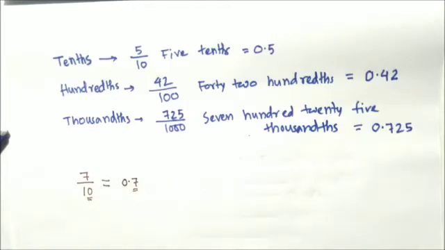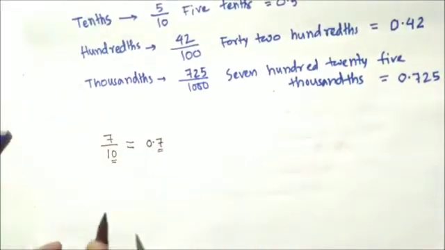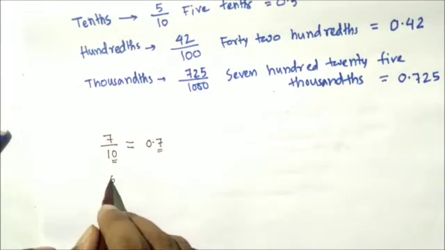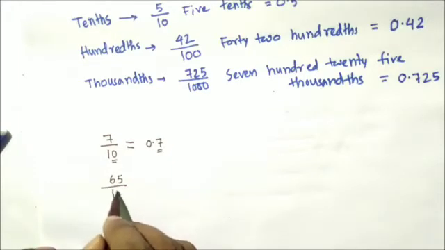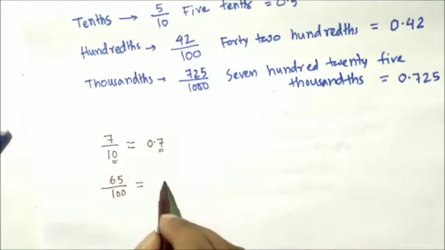Okay, it will be very clear by using some more examples. Say you have 65 by 100. 65 by 100. You see, how many zeros are here? You will say, sir, there are 2 zeros, right? So we will put the point, and after the point we will place only 2 digits, and that will be the 65.